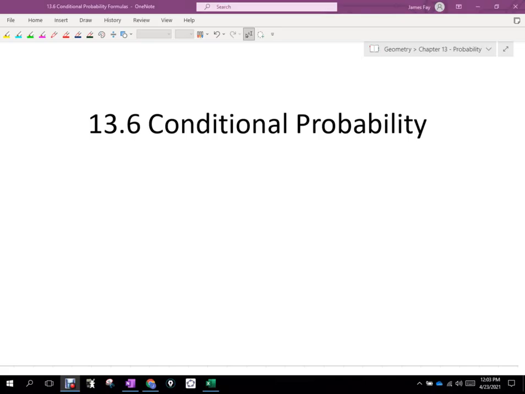All right, so whenever we talk about something being conditional, and we talked about this at the beginning of the year, if you remember, if-then statements were called conditional statements, right? Because in order for us to come to a conclusion, a certain condition had to be met. So if,